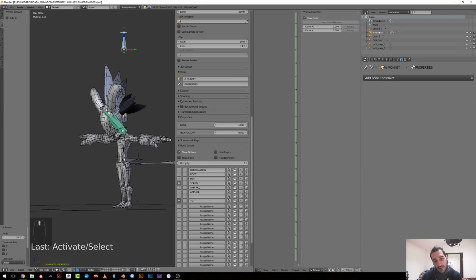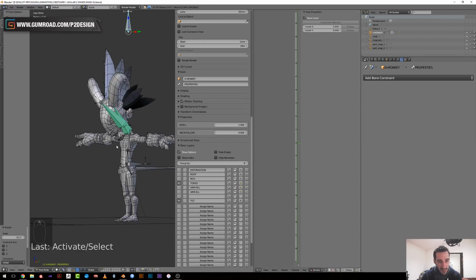You often do this for the torso and mainly for the head to follow the neck, so that you have the neck to rotate in another way. So generally you place this switch also between the head and the neck joint, but I know I won't be using it while animating this specific character, so I won't be adding this option. Also the neck follow, I don't think I will be using it. So